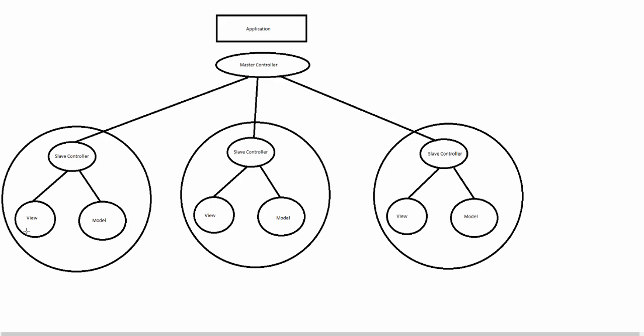So the view will communicate back to the slave controller, and then the slave controller will decide if it requires the model. Now, when I'm talking about a model, I'm talking about something like a user model, which is a class, an object called user, that contains basically his name, his ID, address, telephone number, and all the other characteristics that are involved with that user. And that